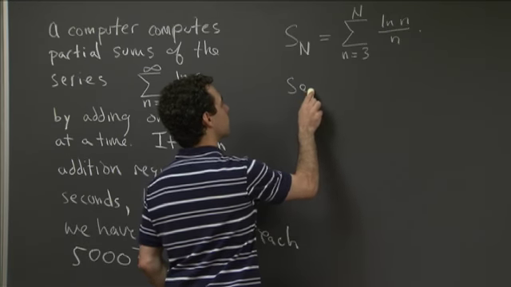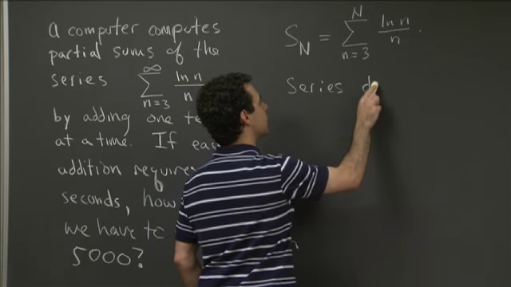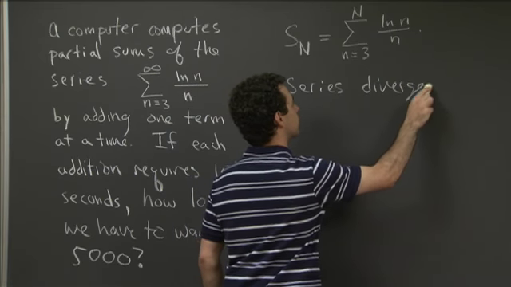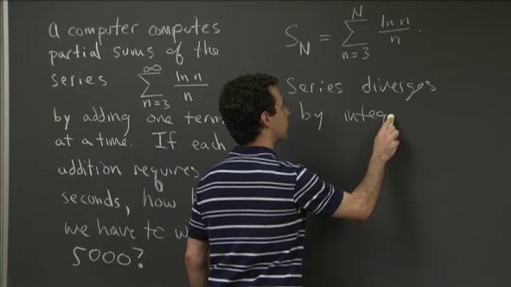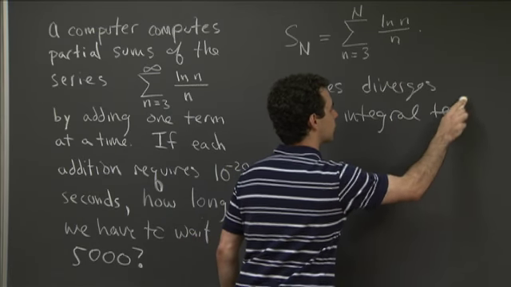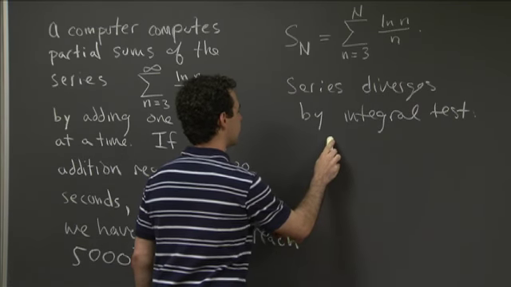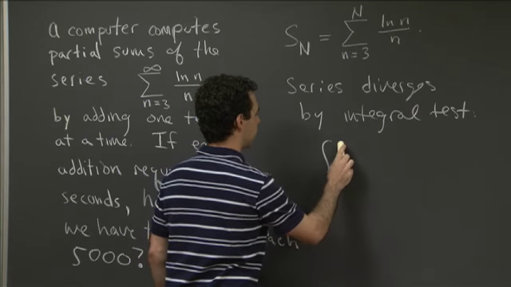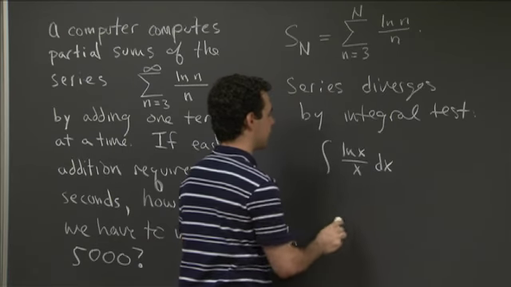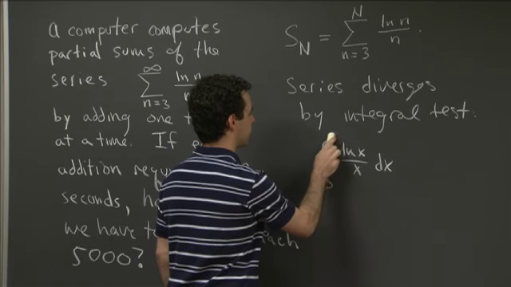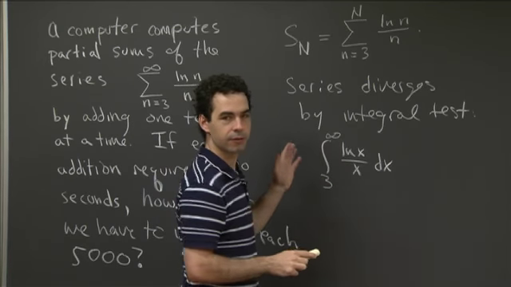So how can we check that? The series diverges by the integral test because the integral of log x over x dx from, say, 3 to infinity,